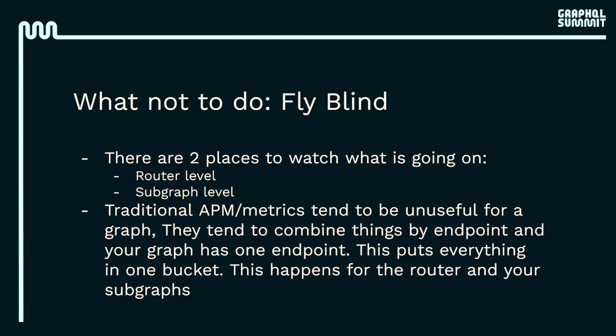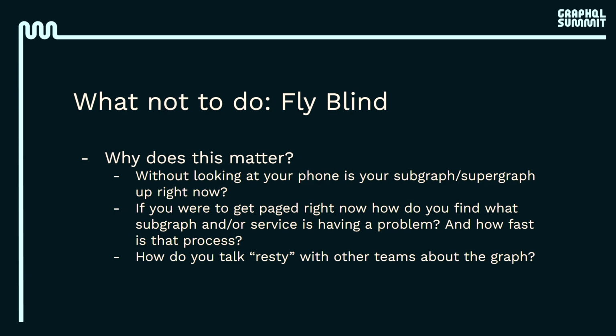It's not that helpful. So you have these great availability numbers, but really it is how available is your service, not how many errors did it return, which is really what you're looking for in a lot of this stuff. So it becomes very easy to fly very blind. So again, why does this matter? One of the things a great engineering leader once told me is, without looking at your phone right now, can you tell if your service is up? And that's a hard question, right?